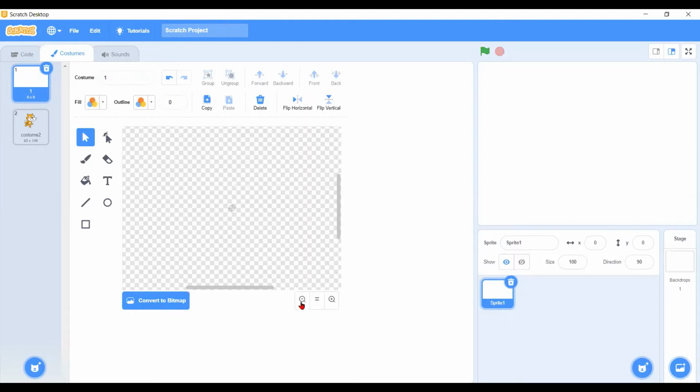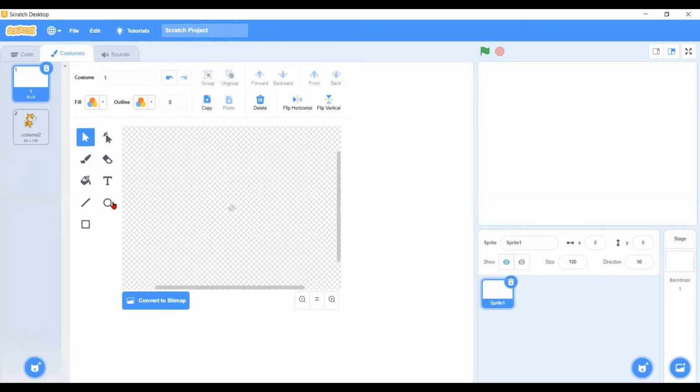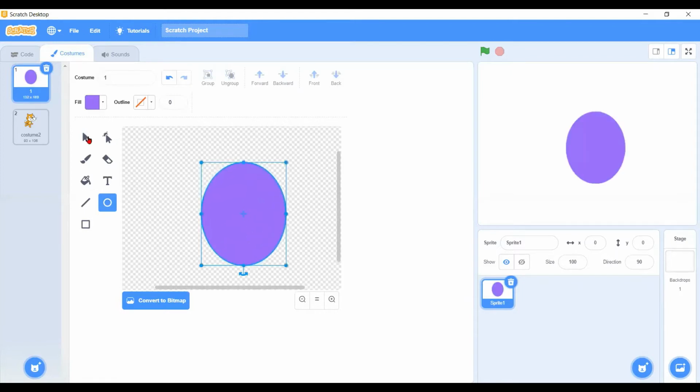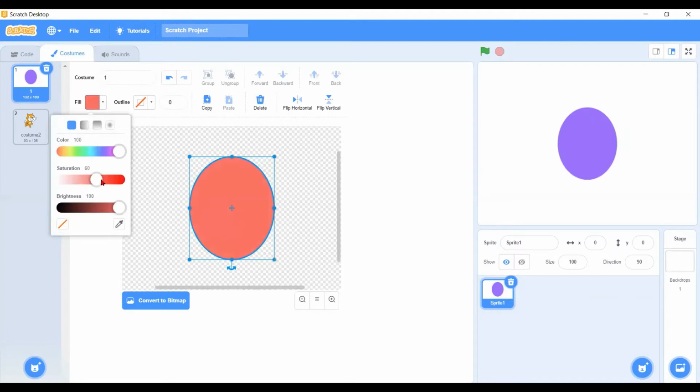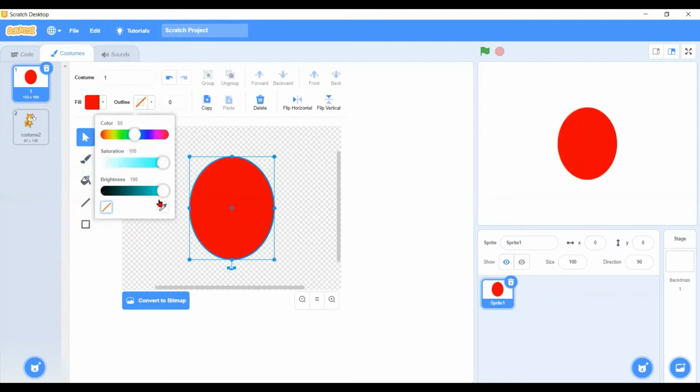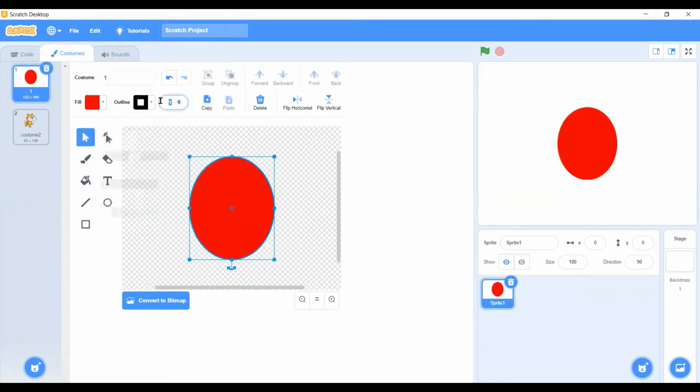Okay, we can start to draw our first Among Us picture here. Click on the circle, drag an ellipse shape like this, and then click on the arrow and move to the center of the circle. Then go to the fill, change the color to red or any color that you like, and move your mouse to the outline and put it to black. We're going to make a thick black outline, I think 10 is beautiful. So we put a 10